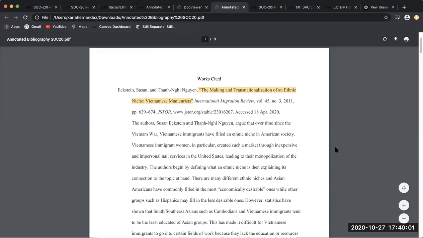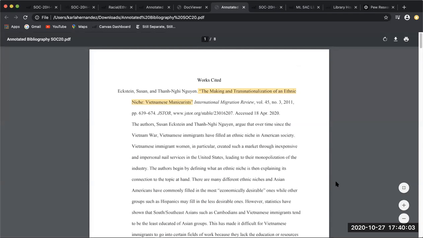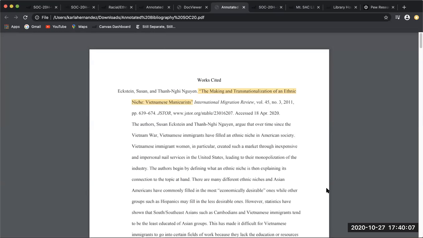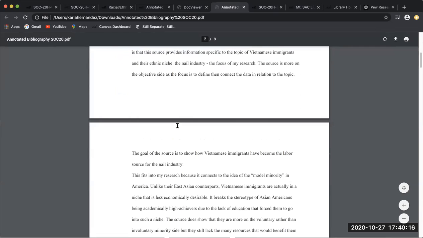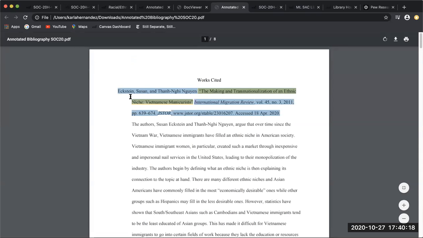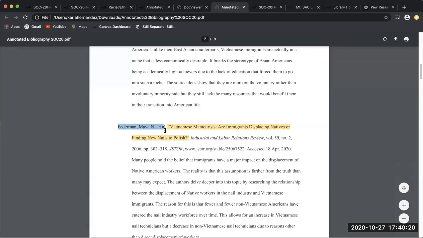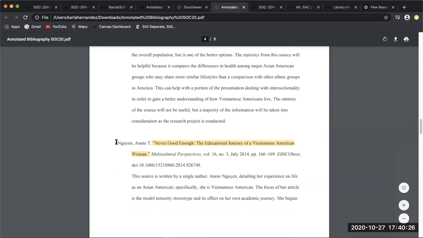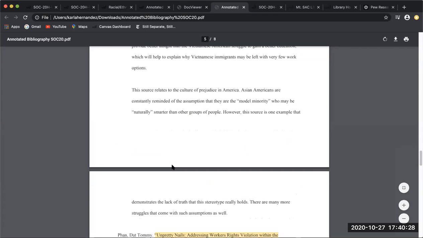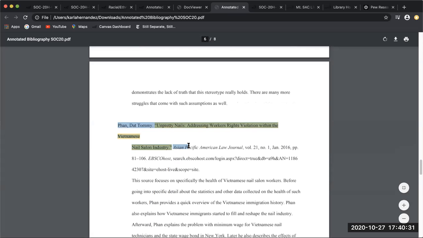So this is a student who did her research on Vietnamese Americans and the nail industry. So if you notice, she has her citations and they're in alphabetical order. So that's E, Eckstein, F, Fetterman, G, Nguyen, N, Fan.